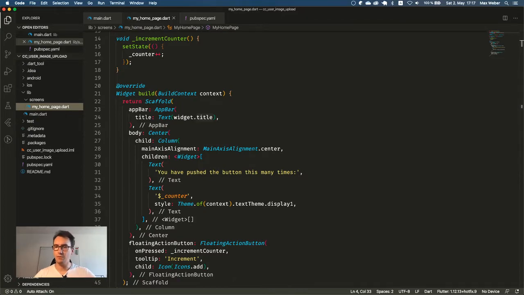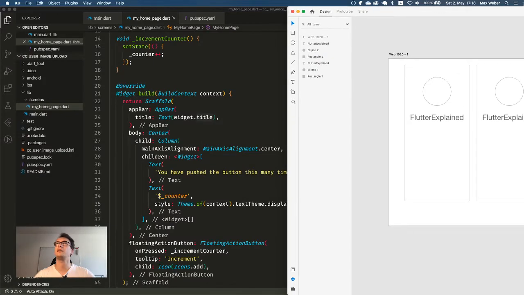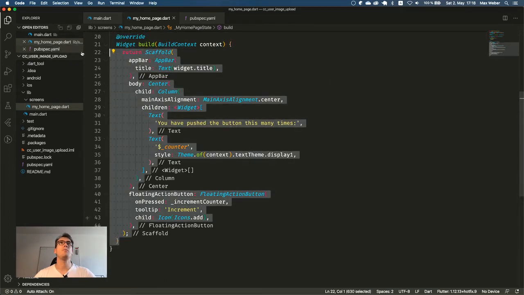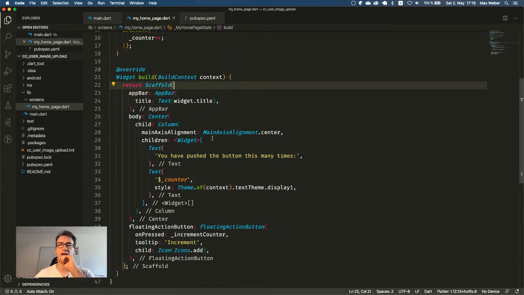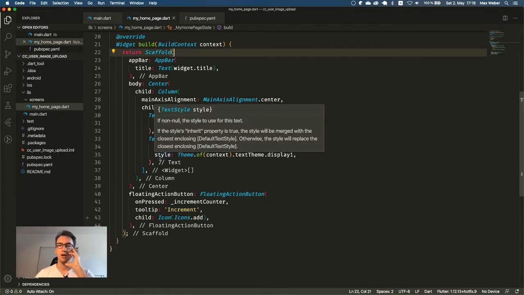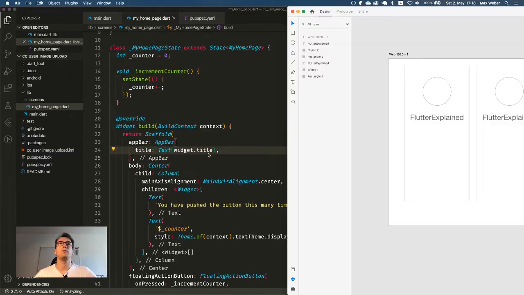Okay, so what we want to achieve. We have these two images. I put them down to the side for now. This could work. So we want to have a container, a border surrounding it, one image and one text. Fair enough, should be easy. So our homepage will have a scaffold. I like that because the scaffold gives us the possibility to write text without any errors. I don't have to wrap it in any other material widget. And the app bar, I think I keep it for now. Maybe it gets interesting later that we have something on the top of everything.